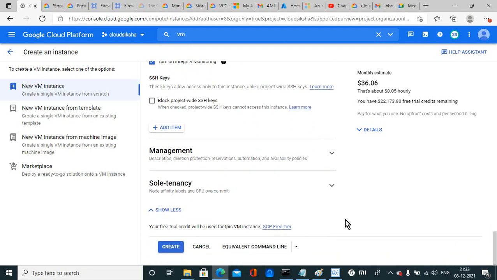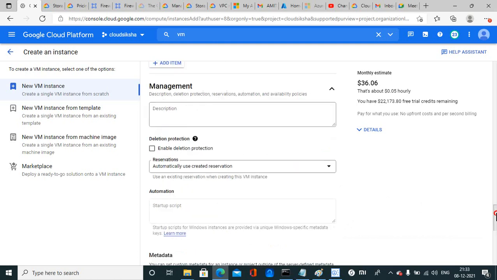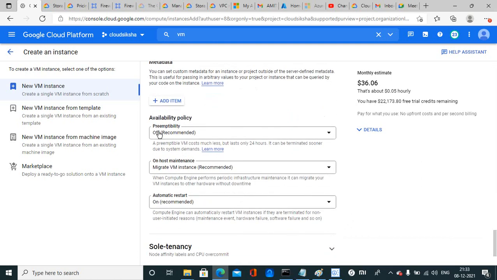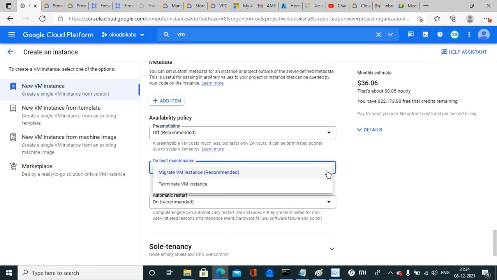And management, security, tenancy. Here availability policy, preemptibility off or on option, on host maintenance is terminate VM instance. A preemptible VM costs much less but lasts only 24 hours.